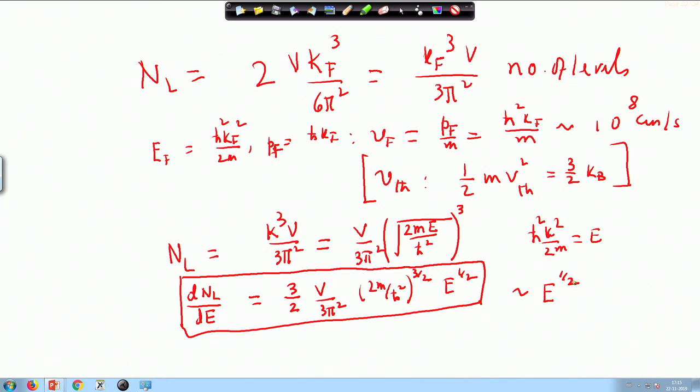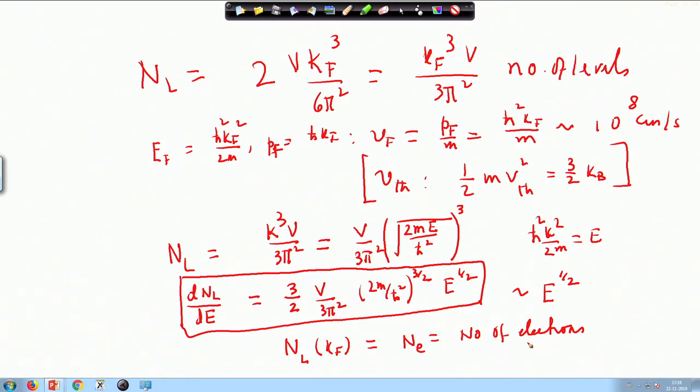Now, the interesting thing is that if I take my k up to k_F, or E up to E_F, then this N up to k_F is actually the same as the number of electrons, because I have put 2 electrons in each of these occupied k states that I am going to occupy, and that is the total number of electrons. So, the number of levels gives me the number of electrons.